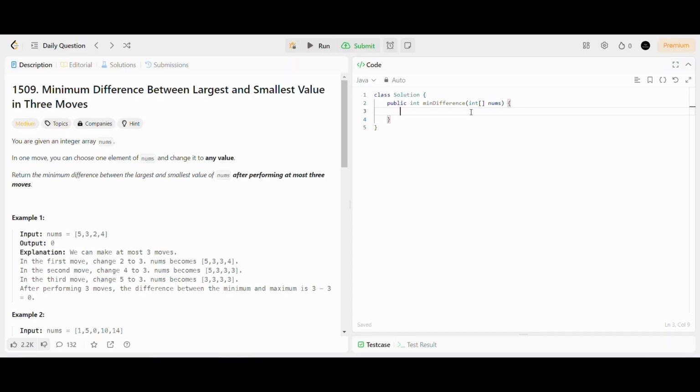So now I will code the solution. I am declaring a variable n which stores the length of the nums array. If the length of the nums array is less than or equal to 4, we know that the result will be 0. Now I will sort the nums array. I'll declare a result variable which is initialized to nums of n minus 1 minus nums of 0. So now I need to take the minimum of